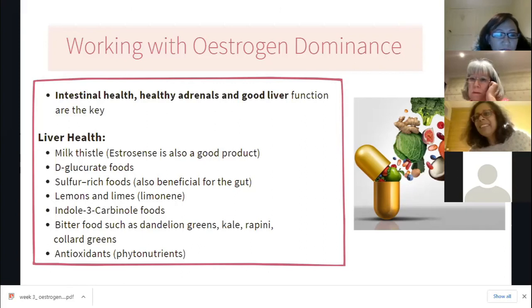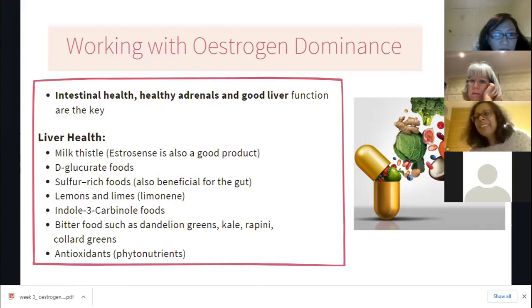Sulfur-rich foods, we mentioned lemons and limes. They contain an active ingredient called limonene. They're also powerful antimicrobials, and that's why people often do lemon and warm water in the morning. But don't forget the lemon skin, as I mentioned, you grate that. If you're baking a cake or making some bran muffins or something, just use the lemon peel, get the zest, grate that in, get the skin and the essential oil into your cooking and baking, and you'll really support your gut and your liver.